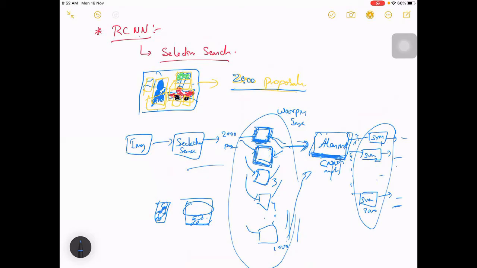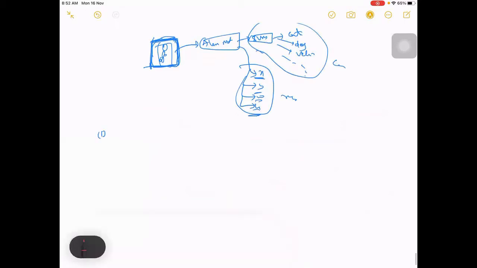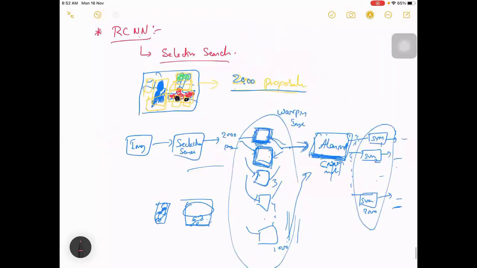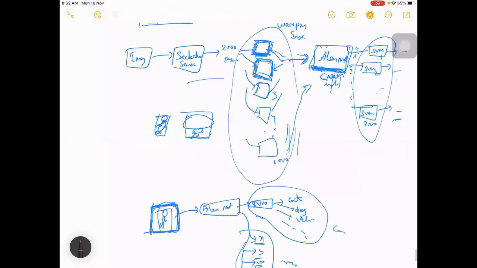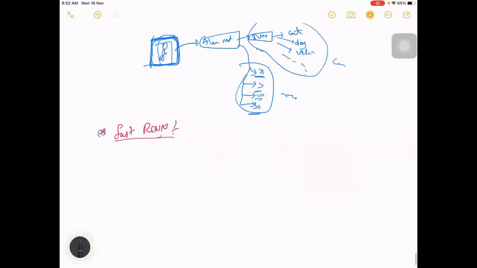So instead of extracting the features that way, what we can also do is first extract the features, and then next do this kind of classification, right? This is done in Fast RCNN to improve the time it takes to do this classification. Okay, so for that, what they have done is, in case you have an image here,